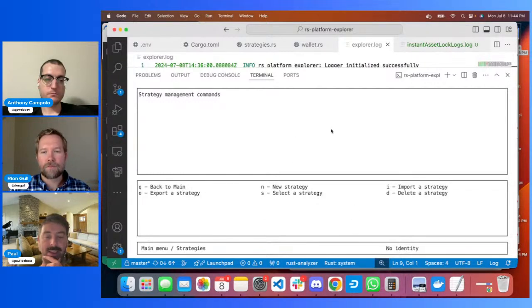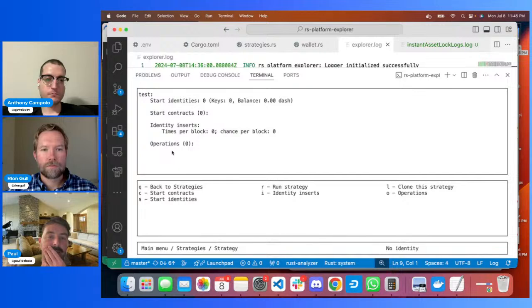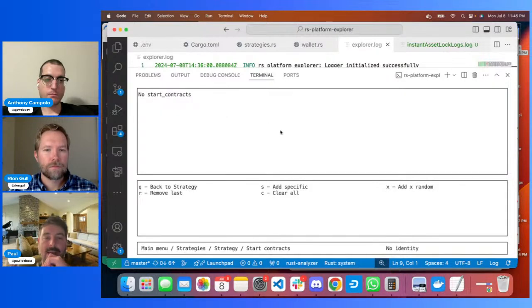So I'll hit N for new, and I'll name this one test. So from here, let's say we want to define some start contracts. You press C, and